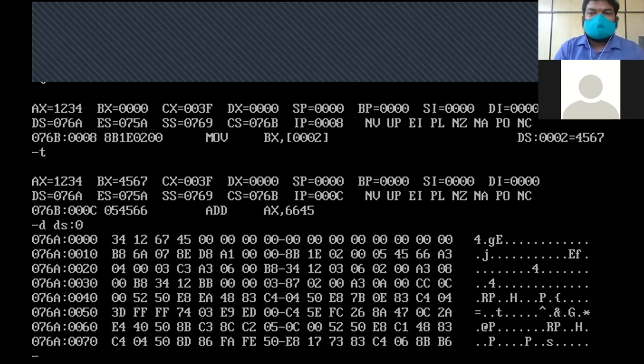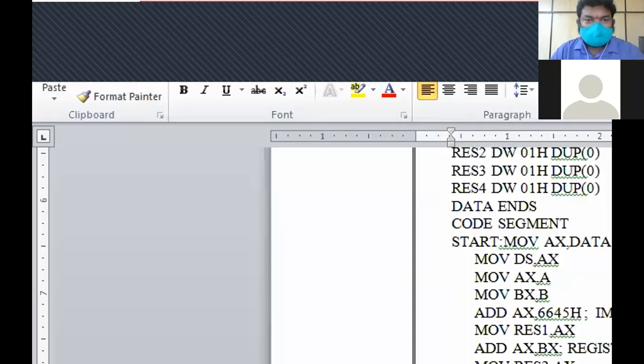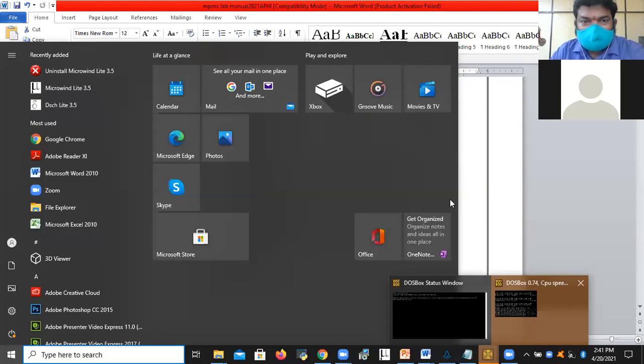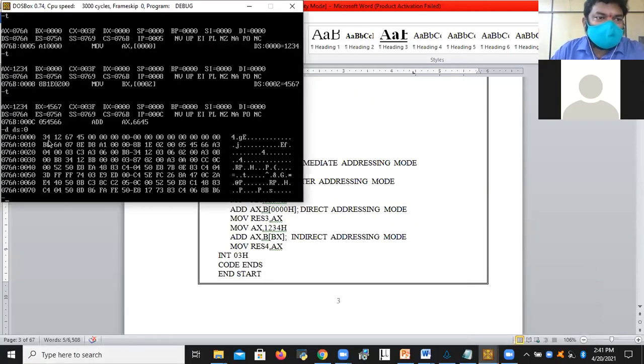The first number is 1, 2, 3, 4. The second number is 4, 5, 6, 7. It is already available in the data segment.